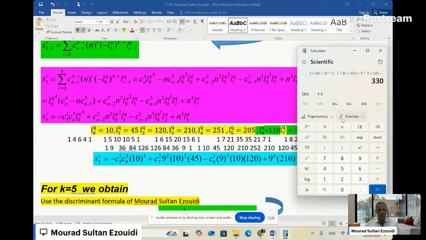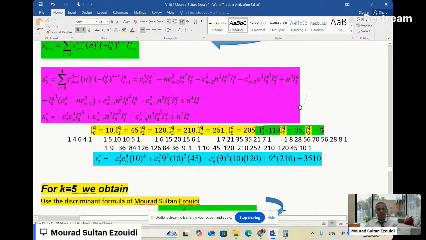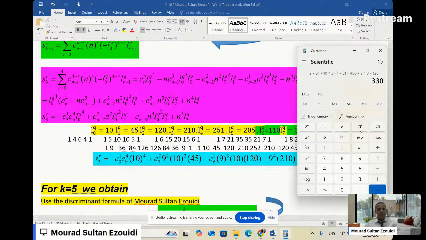Now we continue. S2 is 330. Now I calculate this. This is my calculator; I will erase everything. Then negative 3 times 9 choose 4. 9 choose 4 is 126, times 10 raised to the power 4. Then plus 7 choose 2, means plus 21. 7 choose 2 is 21. Okay, times